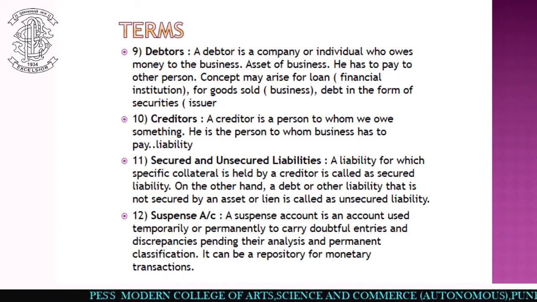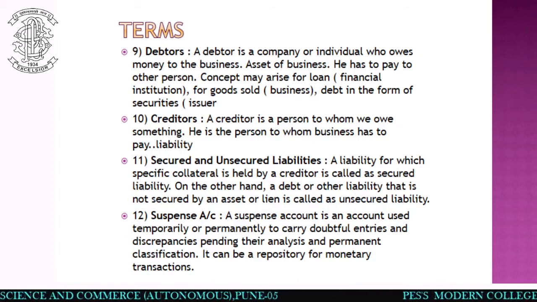Okay. The next one is suspense. Really, it's a suspense. What is suspense? Many times it happens in recording transactions that the accountant doesn't know to which account he should debit this amount, or to which account he should credit it. Payment is made or received, or some entry is made, debit is given, but he doesn't know which account should be credited. Credit is given, he doesn't know which account should be debited. Then what should he do? Should he hold up the work? No. He will put the difference temporarily to the suspense account and go ahead.